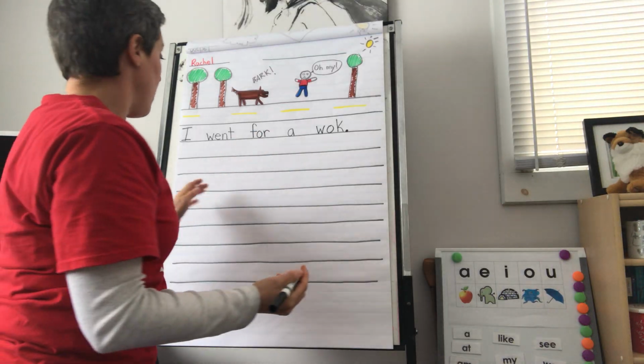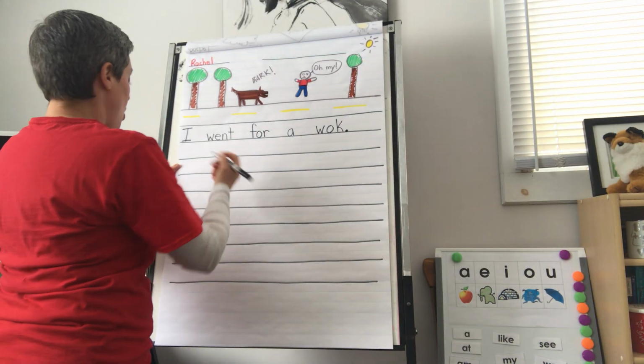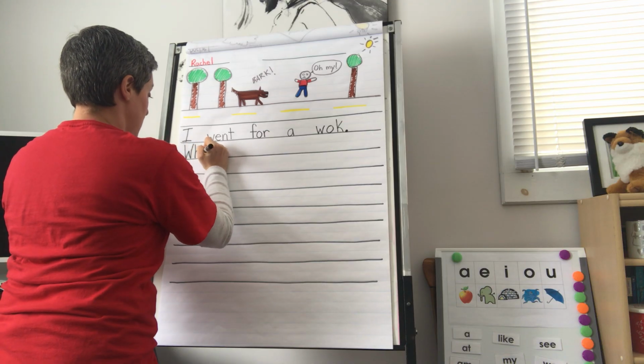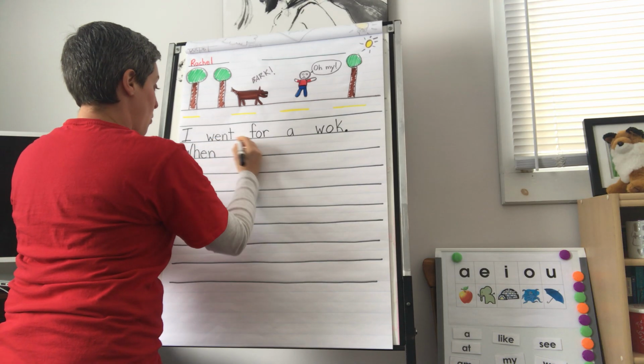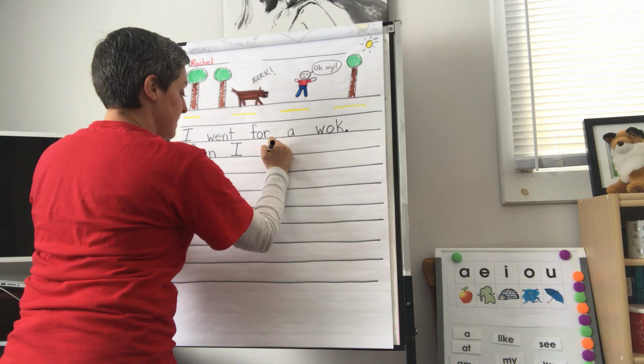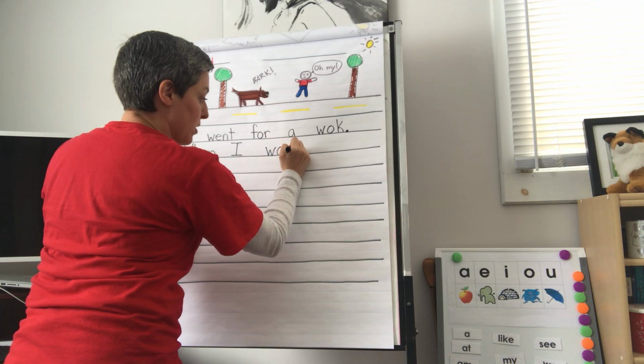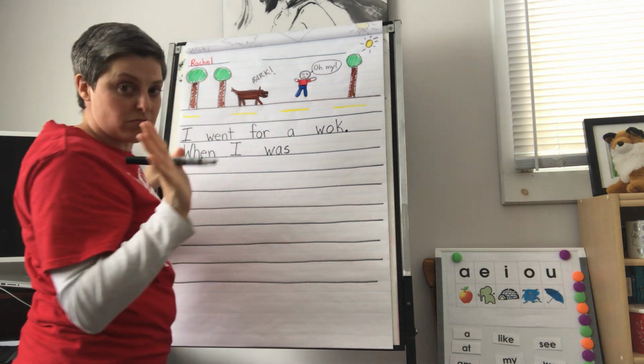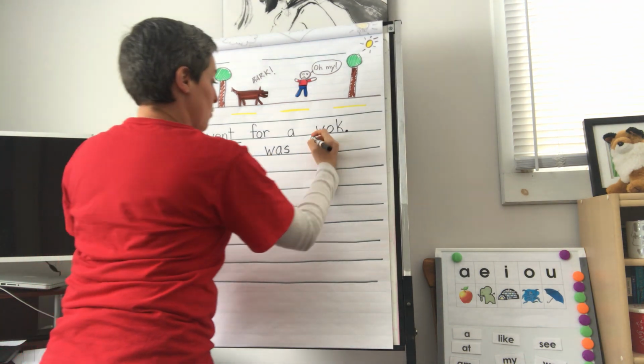So I went for a walk. So I would say, when I was walking, so when is a good time word. When I was is a word wall word. I'm not going to slow down for every word wall word for you. I'm sure you've got this. When I was walking,